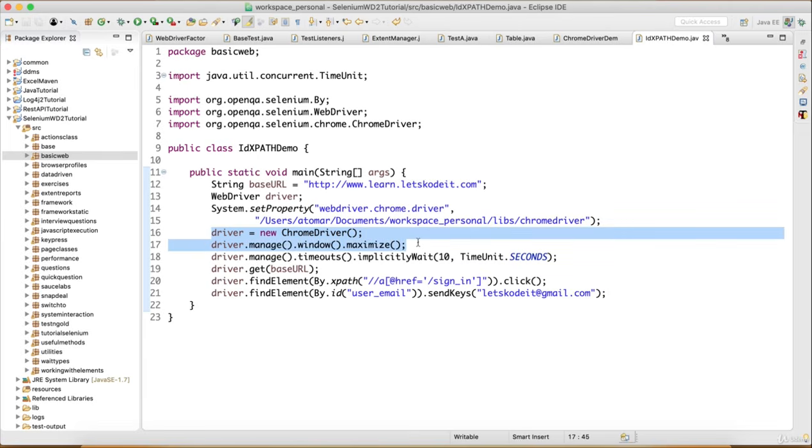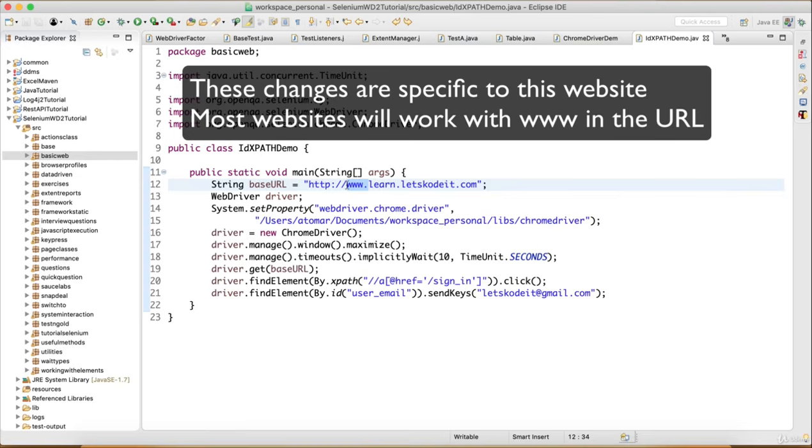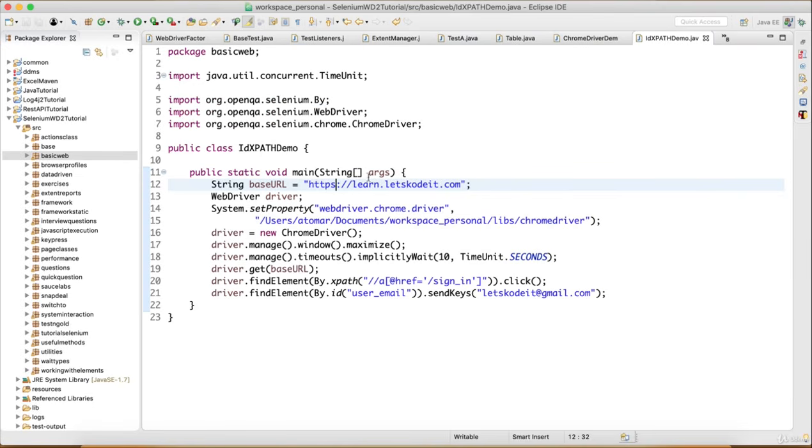We're maximizing the window, then we're putting some implicitlyWait, then we're getting the base URL. This is going to navigate to the base URL, the get method. And then we're finding the element with XPath, clicking that element, then we're finding the element with the ID and then sending some keys. Before running the code, we need to make one change here. We need to remove the www and add s here to make it HTTPS.